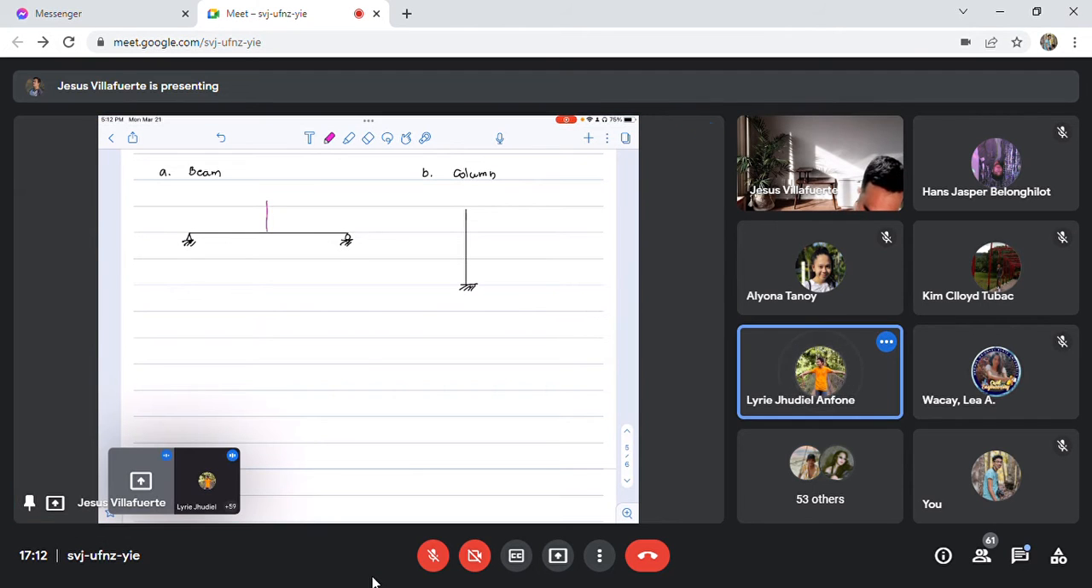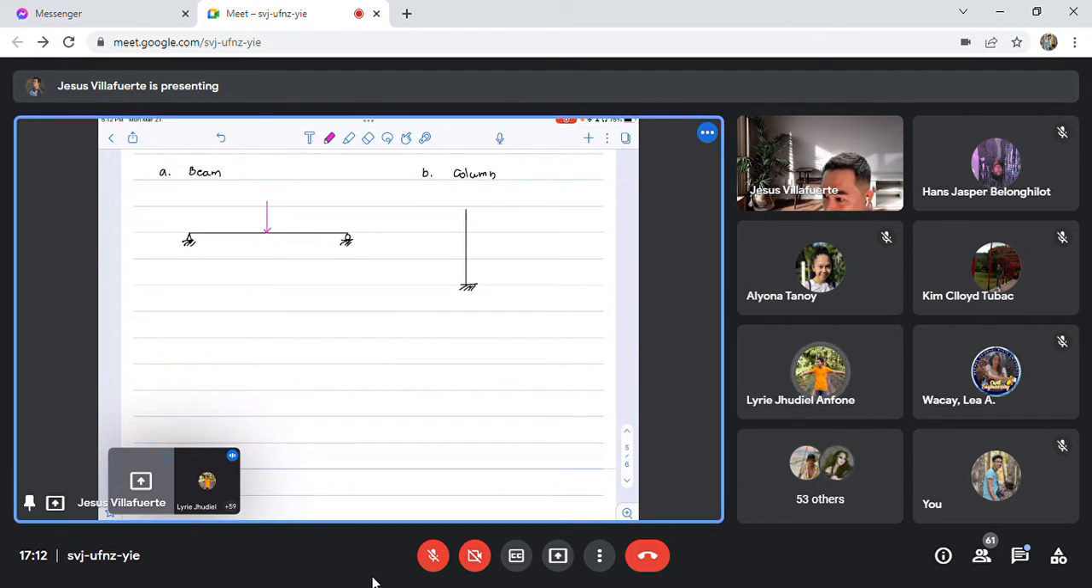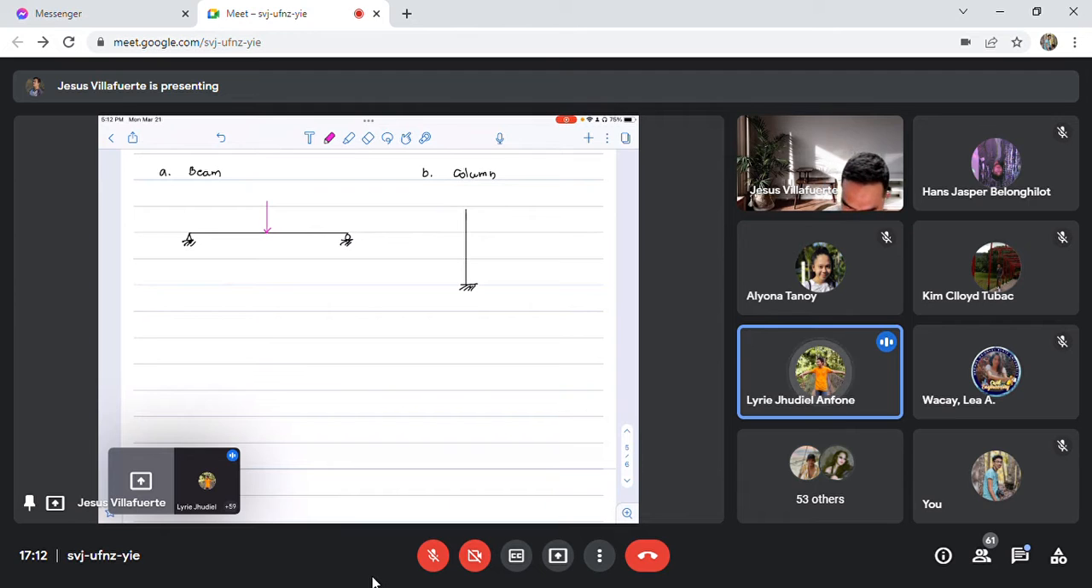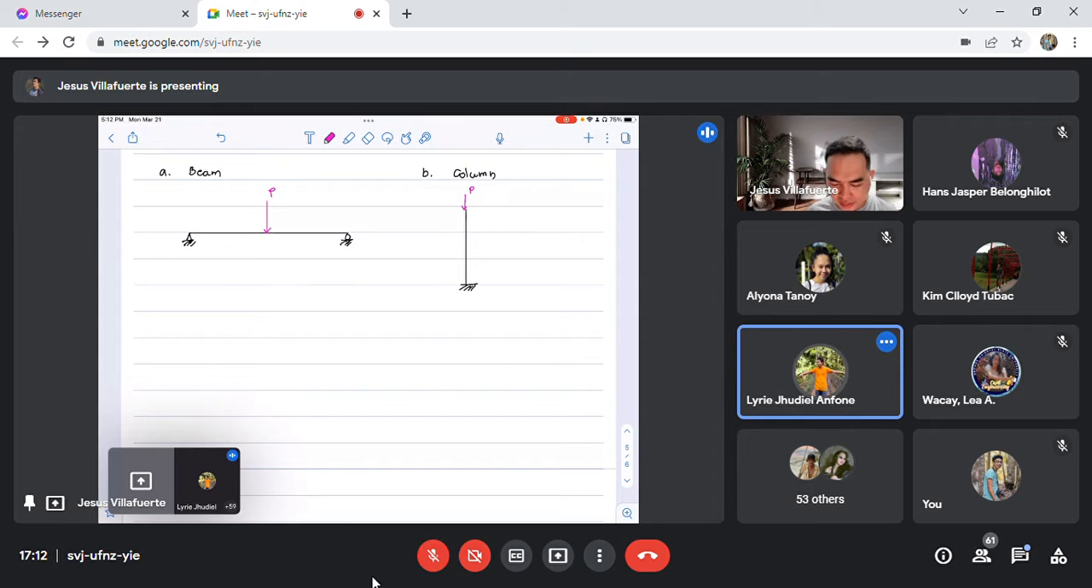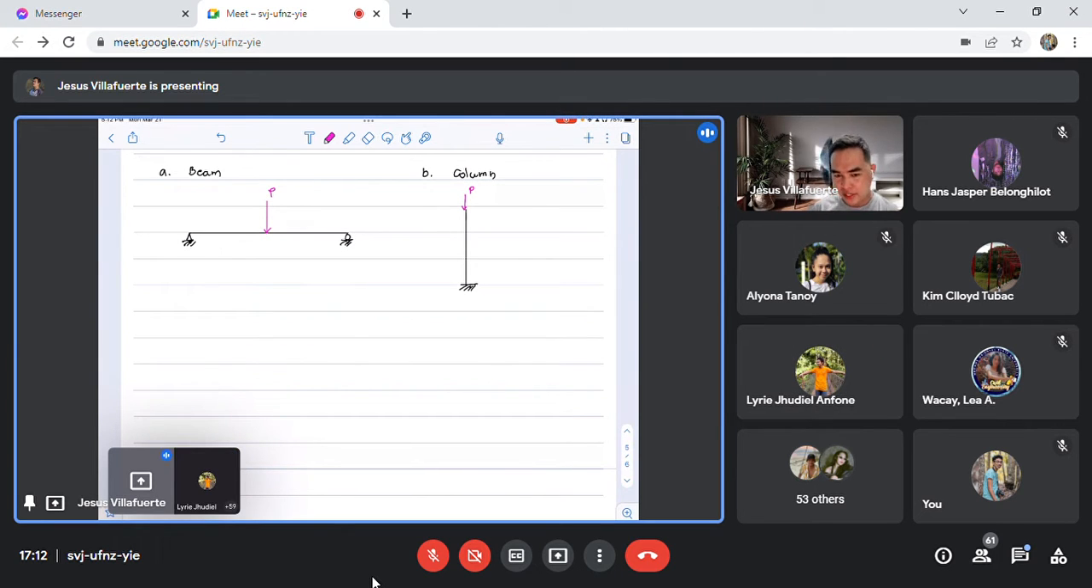Sir, the beam, usually I thought beams are steel, but it can also be concrete or wood. Yes, yes, sir. A beam is the same thing as a column, sir. It can be anything as long as it qualifies as a beam, meeting the requirements of a beam. Now